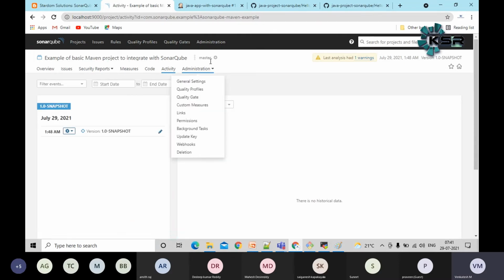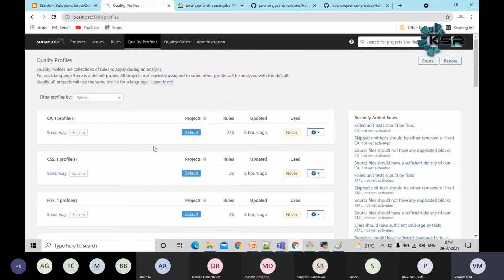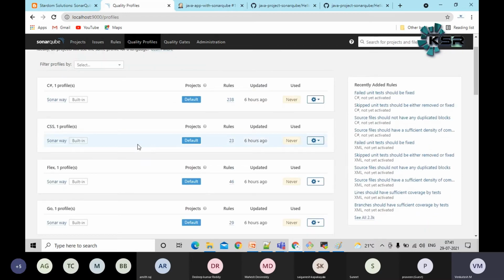Here we have a set of rules. Let me show you this quality profile. What I told you guys, SonarQube will support up to 25 languages. Also, we have a set of standard coding standards. For C#, that means .NET framework, we have 238 rules. For CSS, which is like HTML and CSS framework, some set of rules are there.